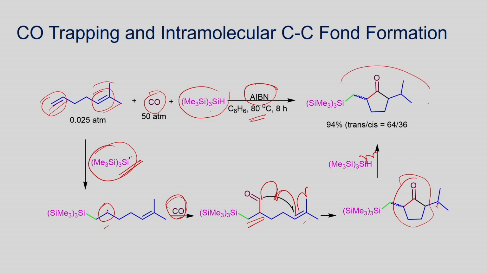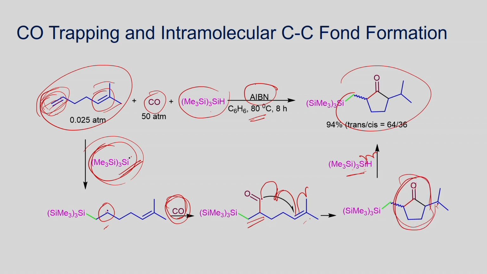You can convert into the product. You form this silyl radical in this way. This silyl radical can further undergo addition reaction. So, if you have the double bond, chemoselectively the less substituted double bond, since you use a bulkier radical, can selectively undergo addition reaction and you will be able to have this radical. This can undergo addition reaction with the carbon monoxide that can lead to the cyclization. In this way you will be able to get the cycloketone as the product.